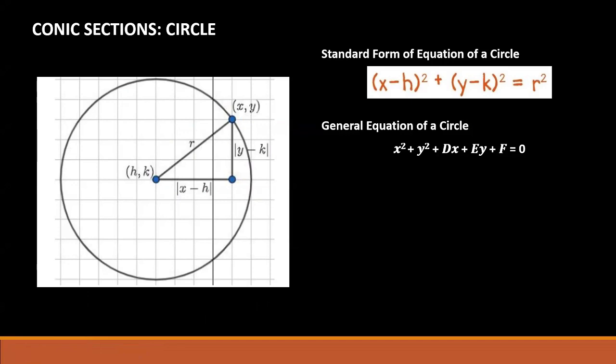So here we have the circle, of course, with the center (h, k). And then we point along the circumference of the circle with coordinates x and y. Okay? And the distance from the center to that point is the r. Okay, so if we project a line from that point pababa, so ito yung point natin, nag-project tayo ng line